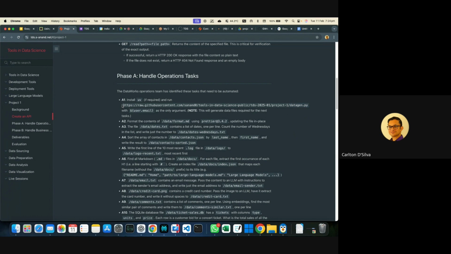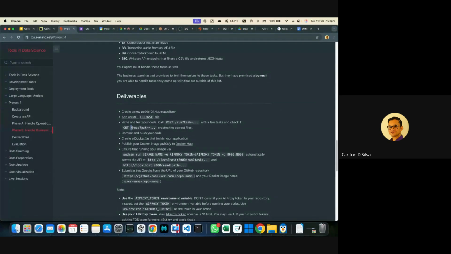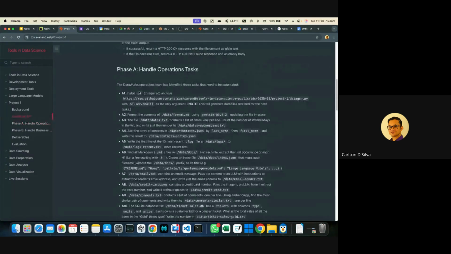Instead, what you ought to do, and we will show you how shortly, is that this kind of request will come through your task endpoint, which is this kind of endpoint /run, sorry, not read. Then this is a query parameter, question mark path equal to. To this endpoint, we will send a task, and the task will be something like this: install UV and run a script, and it will have this parameter,